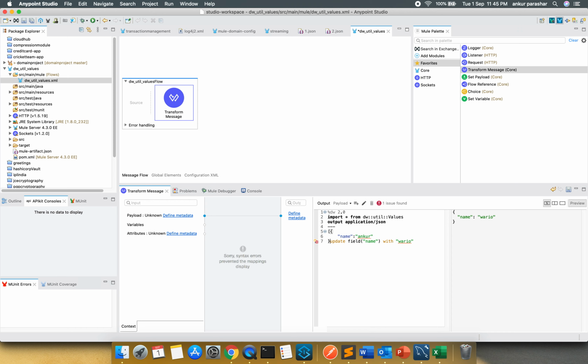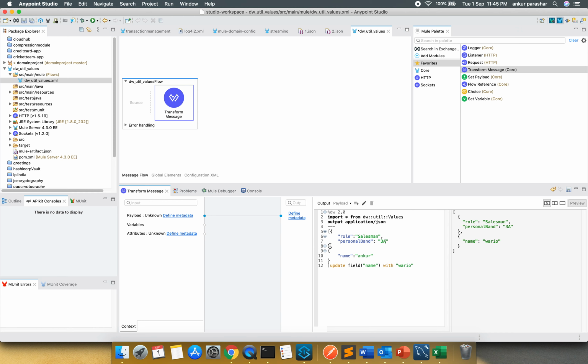Assuming this is an array and I want to change something in it, let's say role is salesman, and personal band, as in salary band, is 3A.